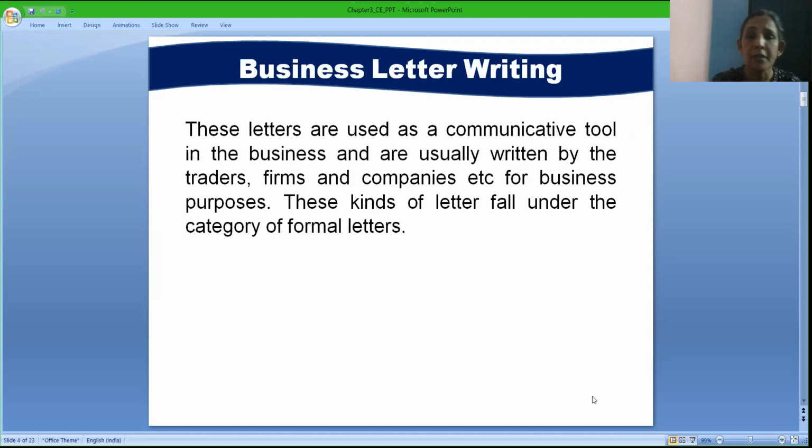The next kind of letter is the business letter. Whenever we write a letter particularly for a kind of business that we are working on or dealing with, such letters are called business letters. When we talk about business letters, there can be different situations and different occasions on which we write letters to different people. Sometimes we write letters to stakeholders, sometimes to suppliers, sometimes to clients, and sometimes even to our customers. So there could be different situations and different kinds of people with whom we share information in the form of a letter.